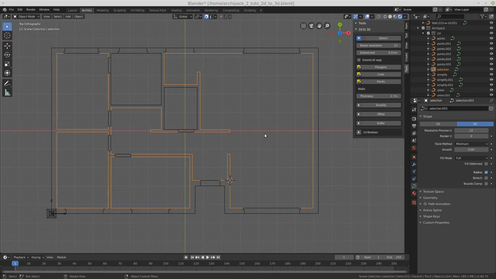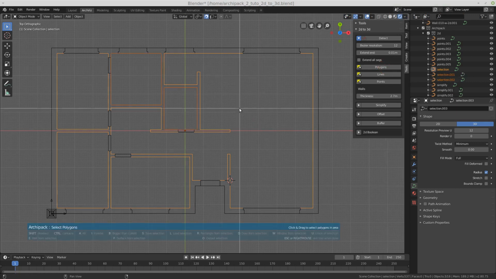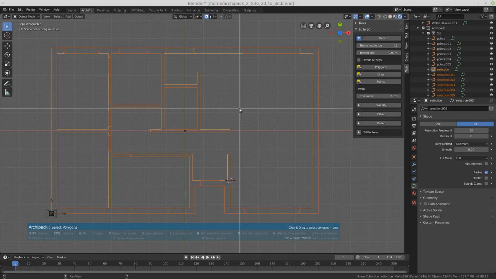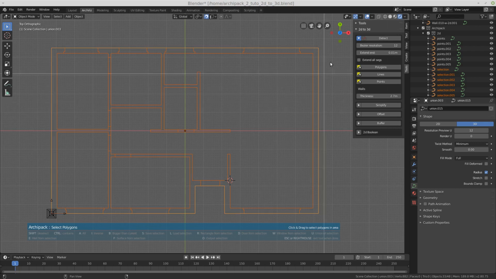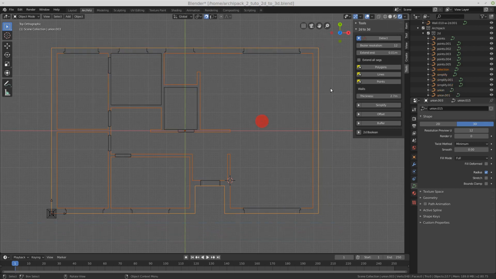Still one thing left, in polygon mode. I select all and build an outline from that selection for the slab. I can also clean this one with simplify. And that's it.